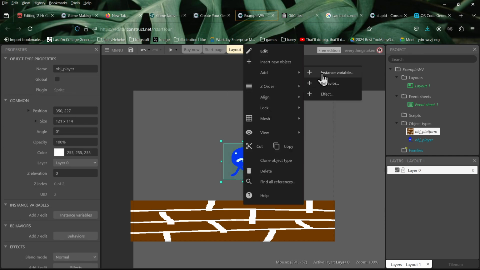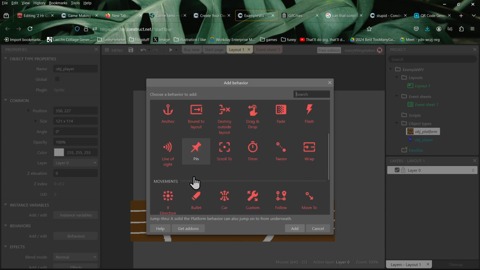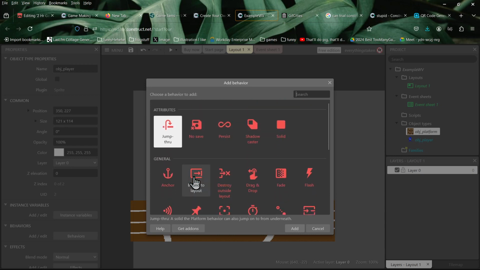So if I want it to do something, what I'm going to do is right-click on the object player. I'm going to go to add, and then we have a bunch of different things here, right? So out of the box, we can just use these behaviors. They have a bunch of pre-built things for a bunch of rudimentary, basic games. And I would say for a 2-hour game jam, just abuse and use these as much as you can. So there's a bunch of different behaviors.